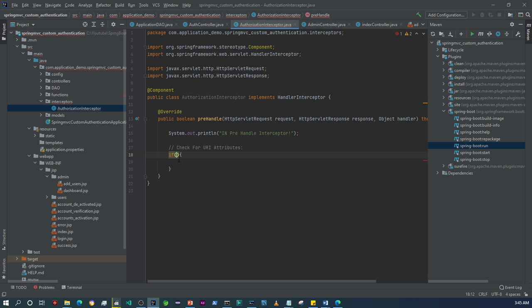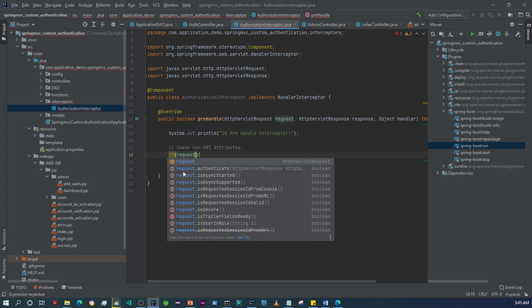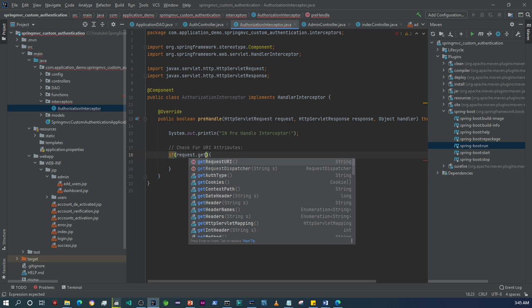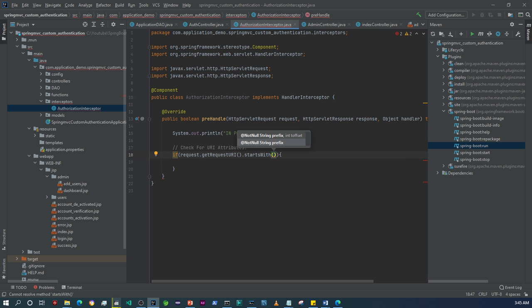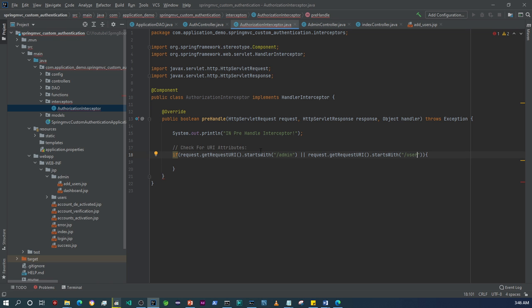So in here, we are going to say request.getRequestURI().startsWith, and we will check and say startsWith admin, and then we're going to do the exact same thing for the user route. I'll say or startsWith user. So we're checking if there's any request made to any link that starts with admin or user. If that's the case,